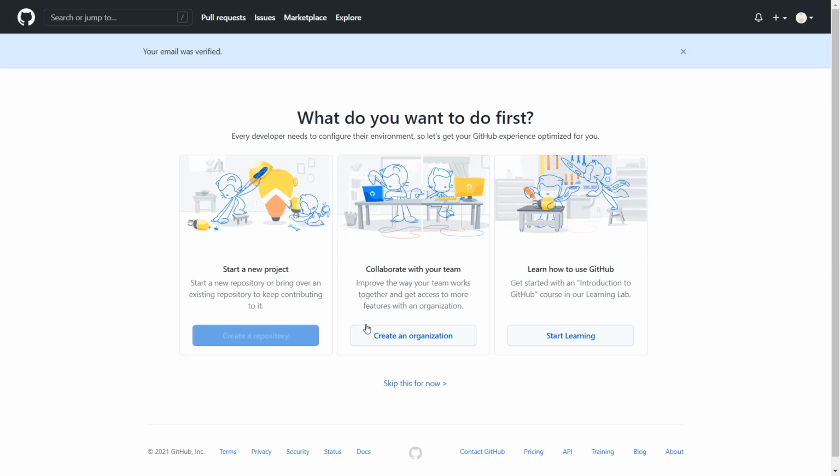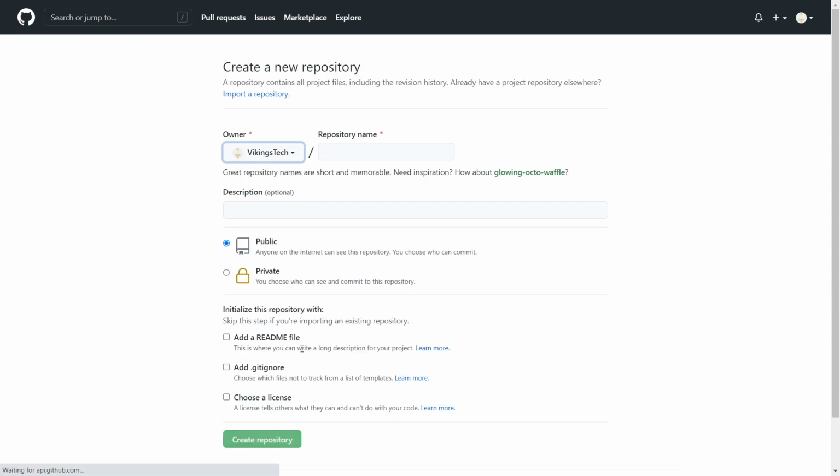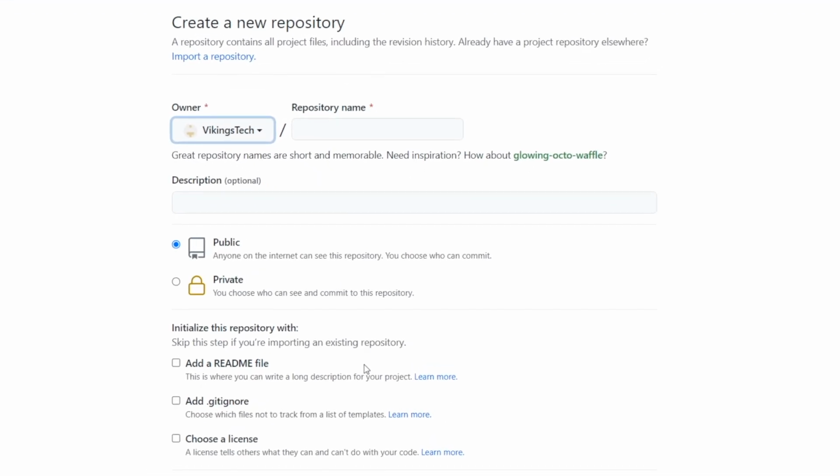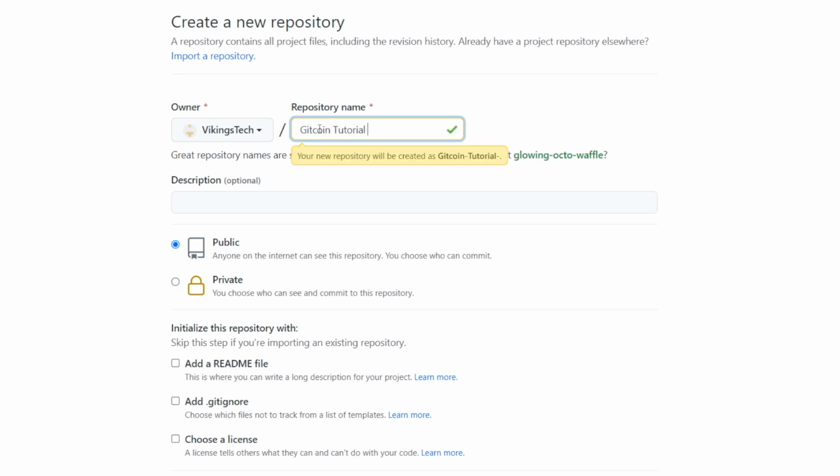Now our first task is to create a repository. We can do so directly by clicking here. Give your repository a name, a description if you want, set it to public if you want others to be able to see it, otherwise private. You'll need to set it to public for judges to be able to see it.